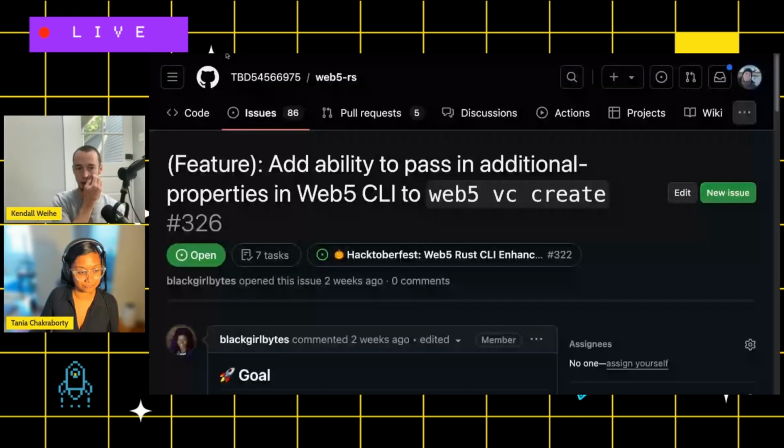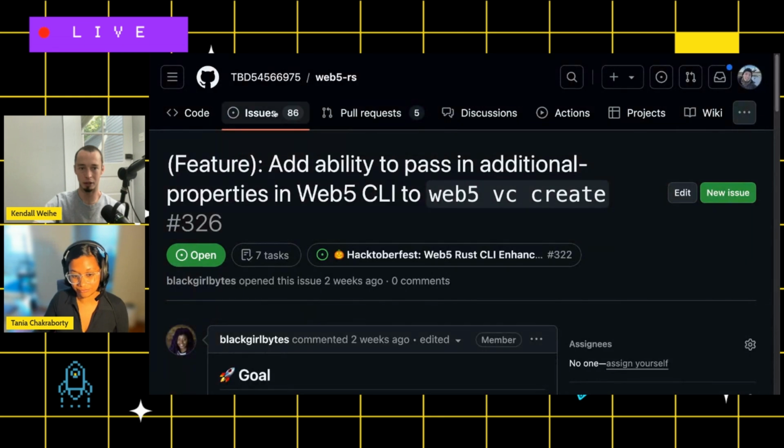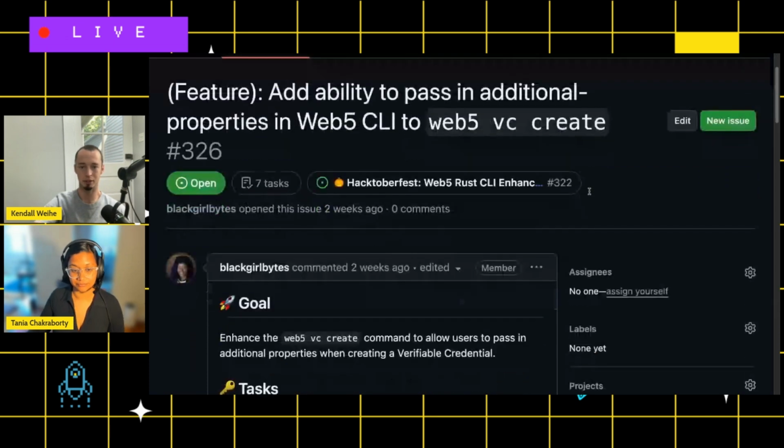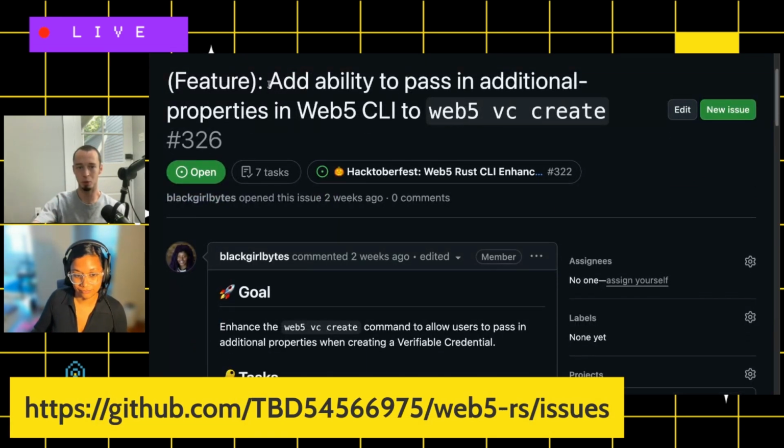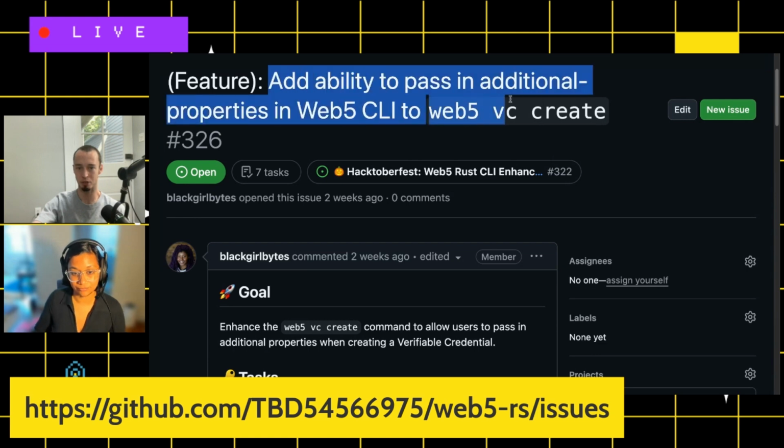So this is a ticket that Rizal created as a part of the Hacktoberfest items. If you go to the Web5 RS issue backlog, you'll see a number of items related to Hacktoberfest. And as we've learned from this call, we will be adding more regarding some of the issues that we've had. This one stood out. It would be a little bit of a complex one, but I think it's a good item to illustrate some of the solution around the CLI. So the idea here is that we want to enable passing in additional properties when